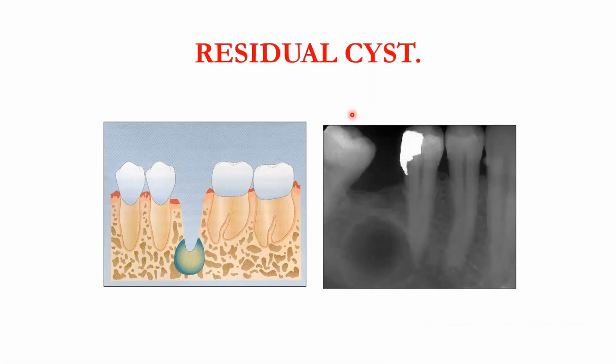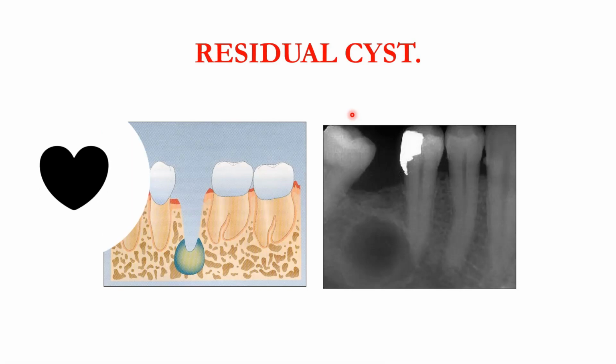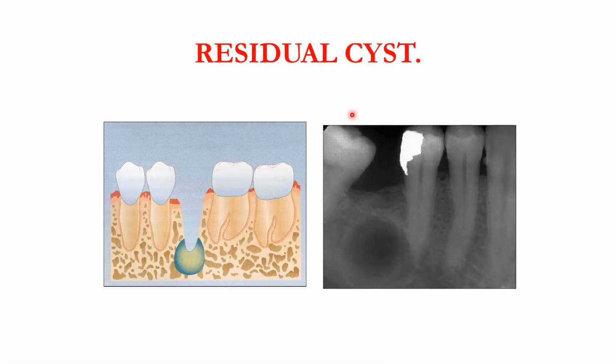Residual cyst is a cyst which is associated with an area where the tooth has been already extracted. That is why it is called residual, meaning left behind. So the tooth is extracted, but probably the cyst was left behind. That could be one of the reasons. And the second could be that the tooth was extracted for some pathology, but the dental lamina or the cell rests which are present at the apex of the tooth, or the periodontal ligament at the apex of the tooth, has undergone some kind of proliferation and has resulted in a cyst. So these are the two